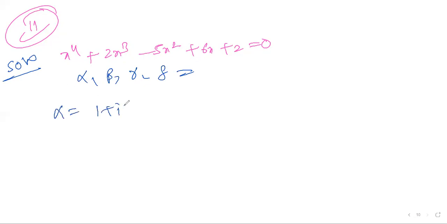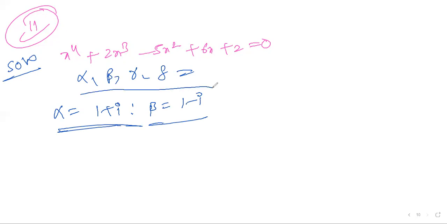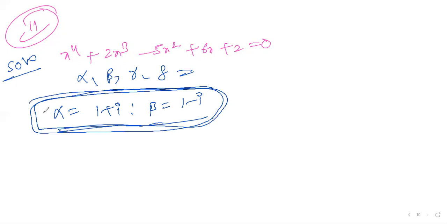Alpha is 1 plus i. When they mention a complex value, the other root is definitely the complex conjugate, 1 minus i. When a complex value alpha is given, beta is automatically the complex conjugate. It means two roots you got. Clear? Yes, sir. So two roots you got, right? Using these two roots, you make x minus alpha into x minus beta, and you will find the second order equation.